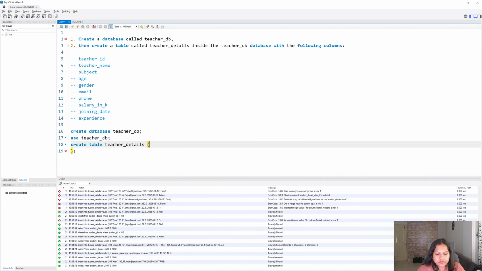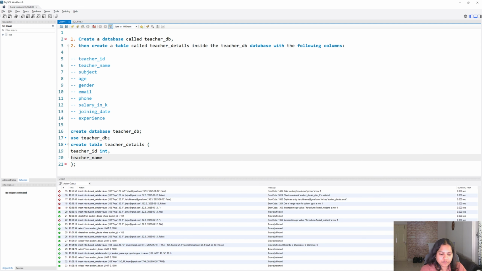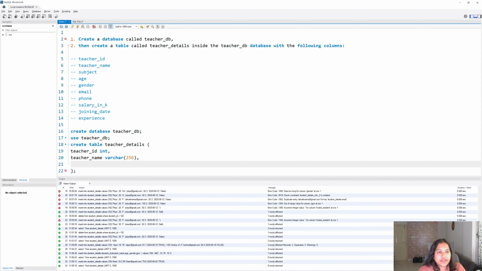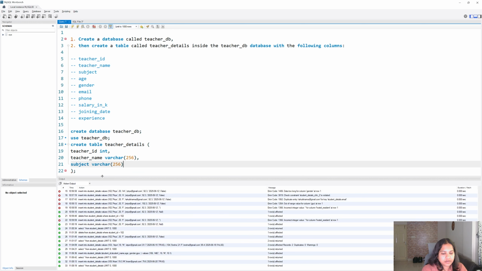teacher_id, which will be integer. And now teacher_name, which is going to be varchar, and I'll give a maximum limit of 256 for this column. Then I have the subject. For subject, you will use the same varchar, and this also I will give 256.